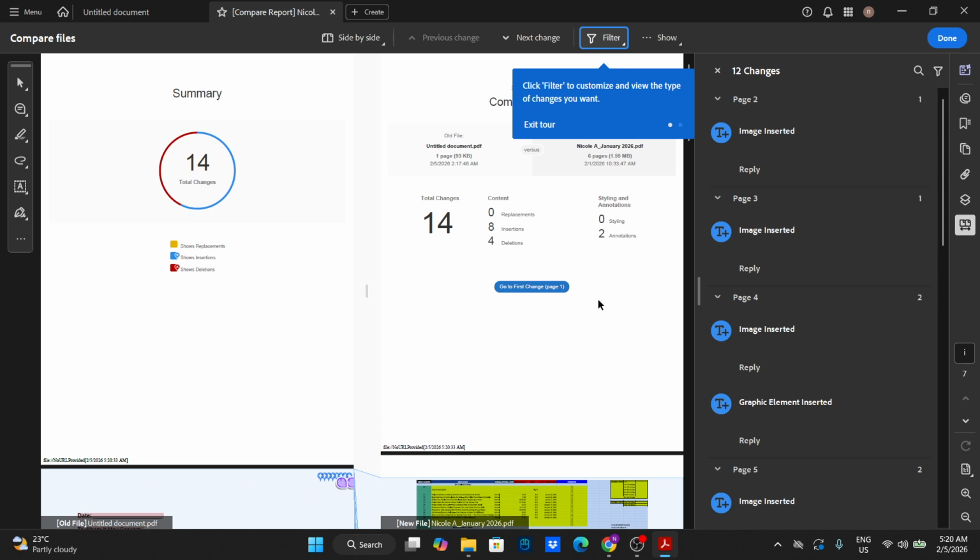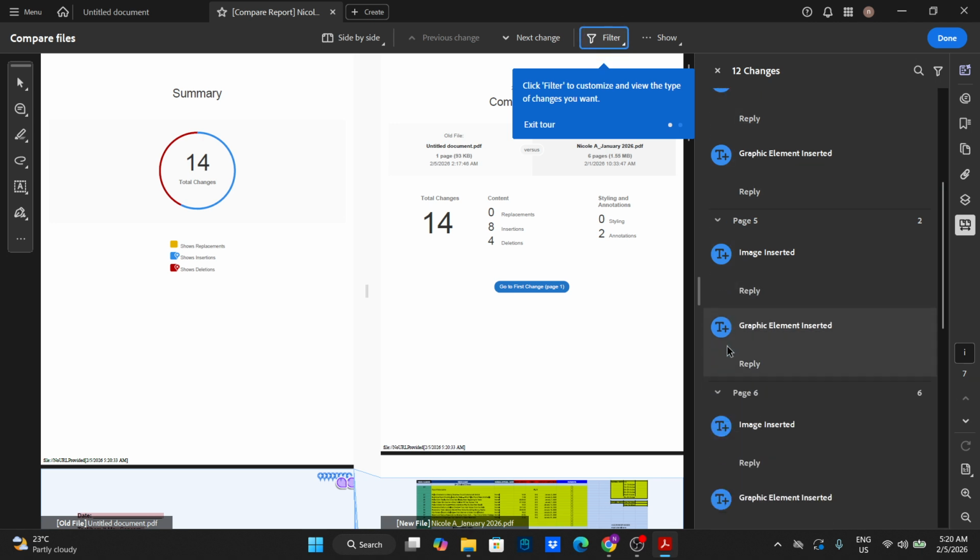A couple of quick tips as you review. Comparisons work best when both files come from similar sources and aren't heavily flattened scans. If one or both PDFs were scanned, consider ensuring they have selectable text so Acrobat can detect changes more precisely. Also, keep your file names clear, like Project Original and Project Updated, to avoid mixing them up before you run